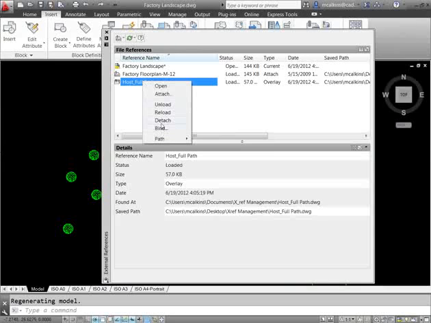So unload and reload can be really helpful if you're working with aerial images in your drawing files. They tend to be huge